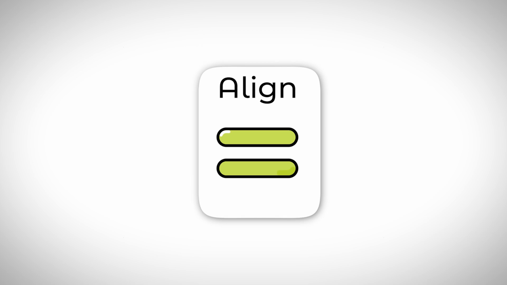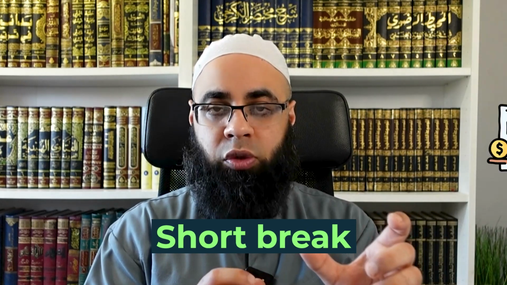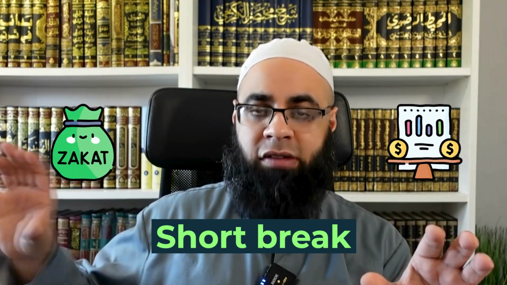So the closer you can align the valuation of your stock and the net zakatable assets to when the shareholders pay zakat, the better. And therefore, there should be a valuation, a review of the assets and liabilities of the business in Ramadan, if that is a time when the shareholders are paying the zakat. And then from their own side, if there's been a delay or there's a short break between the actual valuation and the time when they pay zakat, then the shareholders can estimate, be cautious. It's better to err on the side of caution here and top up your zakat payments just so you've covered any new stock that's come into the business over the last week or two.